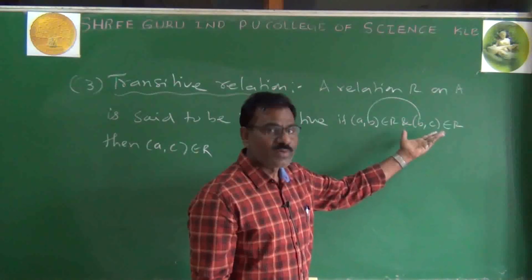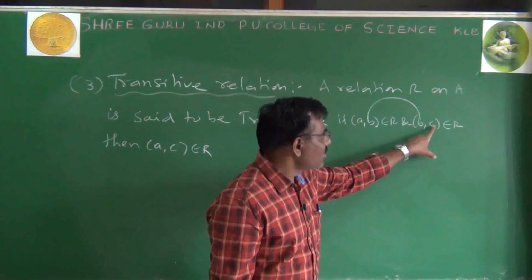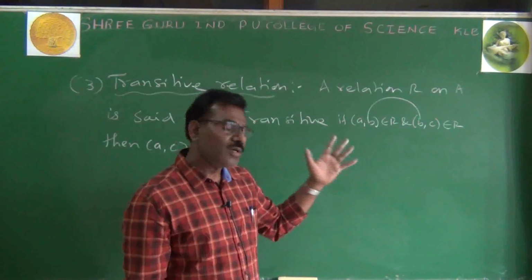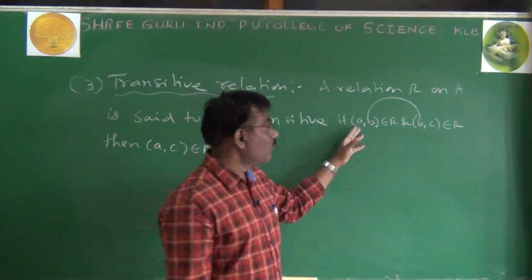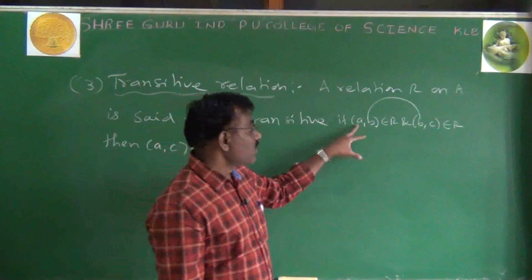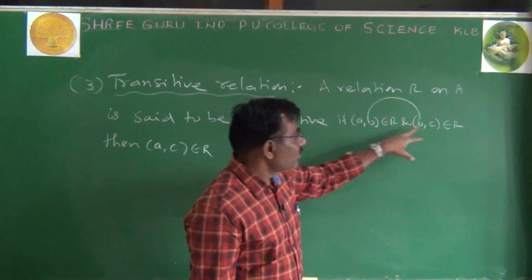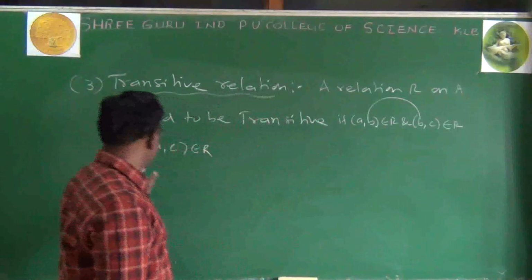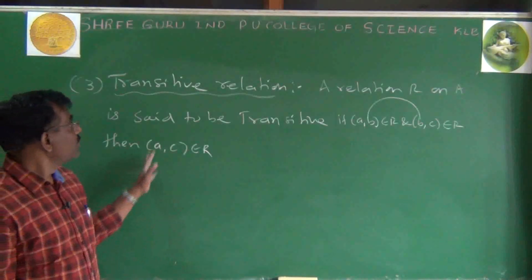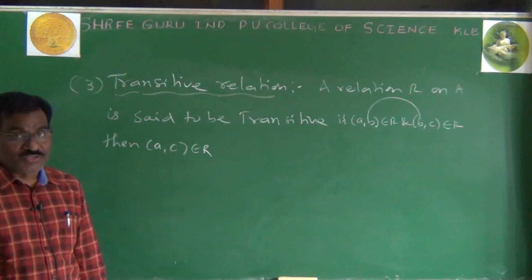Even some students are asking that. But here there is B here, and also B here. So whatever. Next, that is also possible. All same means that is also called transitive. But the definition: A comma B belongs to R, B comma C belongs to R, then A comma C belongs to R. This is called a transitive relation.